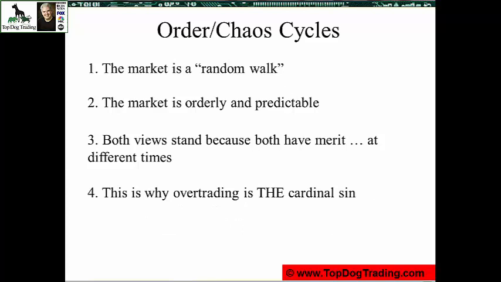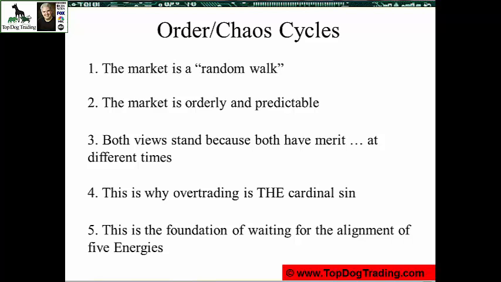So this is why overtrading is one of the cardinal sins, because people can trade for a while. Maybe you've had this experience where you've traded a methodology and it's worked for a little while, and then all of a sudden it seems like it stops working. One of the reasons for that may be that while you're trading it, the market is in an orderly cycle, and then it goes into a chaotic cycle, and so yeah, your probability scenario goes away just because the market is in a random walk during that time. And nobody's taught you about these cycles. So if you're trading during both cycles, then you're going to be overtrading because you should only be trading during orderly times.